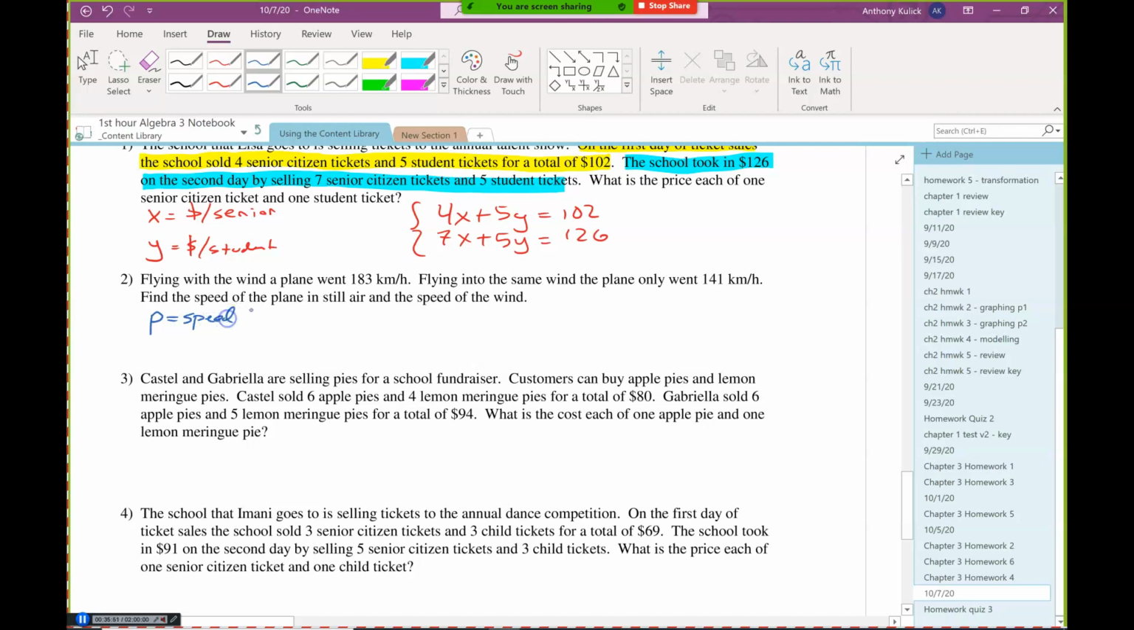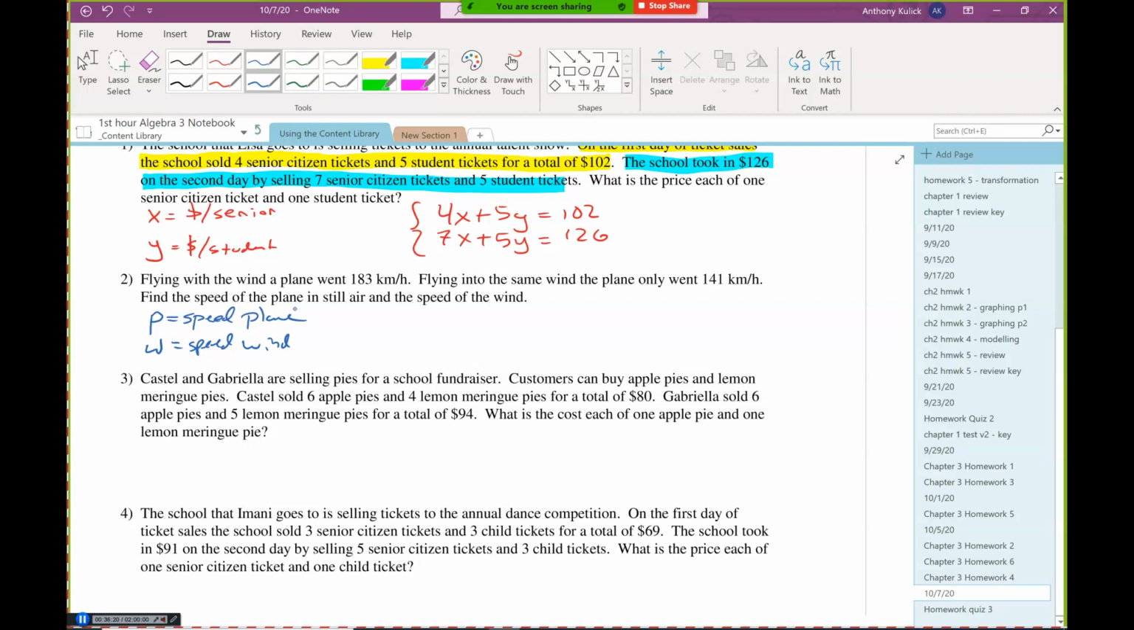So I'll use the variable p for the speed of the plane, and the speed of the wind. So we'll do w for the speed of the wind. Everybody's okay with that idea? So again, I like to name my variables to help me remind what quantity they represent when possible. So P and W for plane and